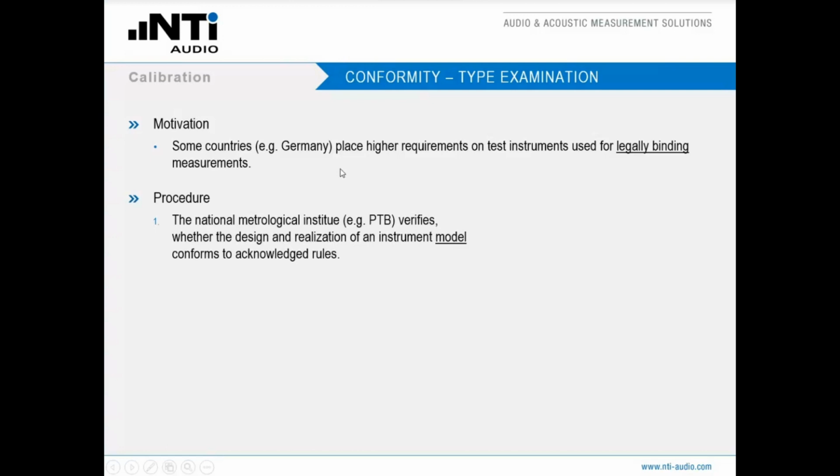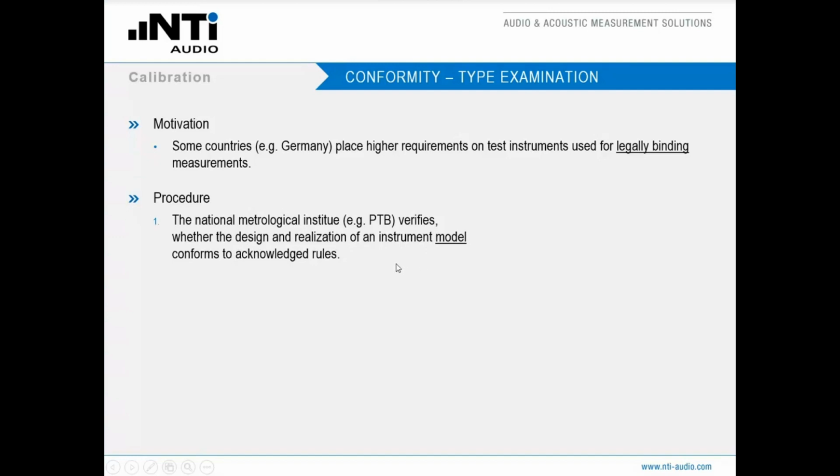And in order to get there, you have to take 2 steps. The first one is that the National Metrological Institute, in this case in Germany it would be the PTB, verifies whether the design and the realization of the instrument model conforms to the acknowledged rules.